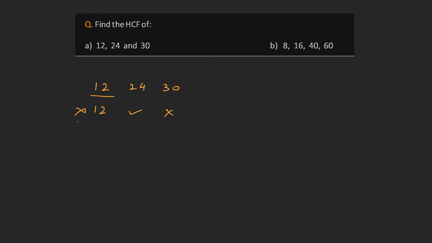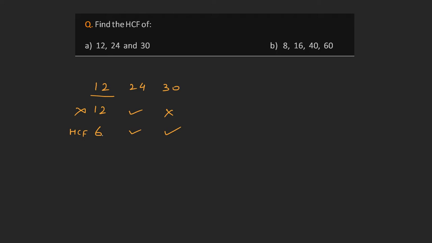Okay, with 12 out of the way, we move to the next largest factor. The next largest factor of 12 is 6. Just divide 12 by 2. Again, we check whether it is a factor of the other numbers too. Well, 6 is a factor of 24. 6 times 4 is 24. And 6 is also a factor of 30. 6 times 5 is 30. So, 6 is the highest common factor. It is a common factor, and because it is the first common factor that we found while working our way down from the top, it is also the greatest or the highest common factor.